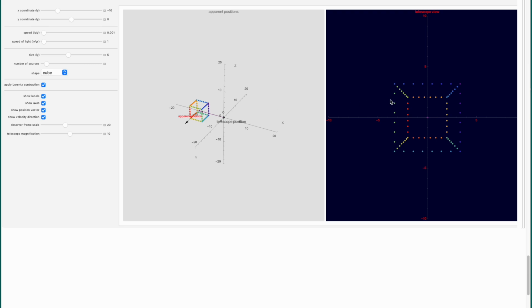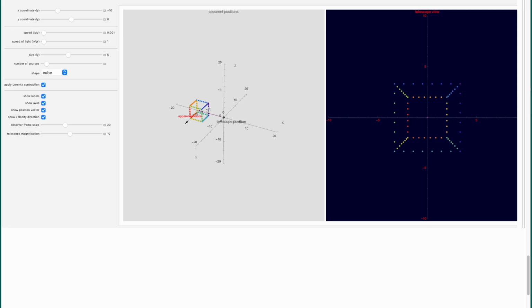And then over here on the right, we have what we would see. This is the image that would be presented to us if we were located here at this black dot, the origin of coordinates, equipped with a telescope, looking at this object. Okay? So that's the layout.